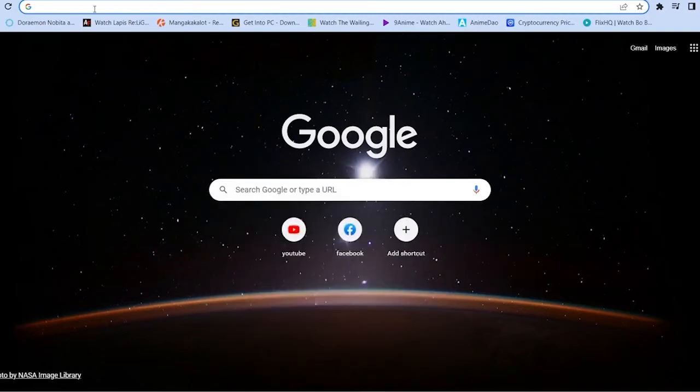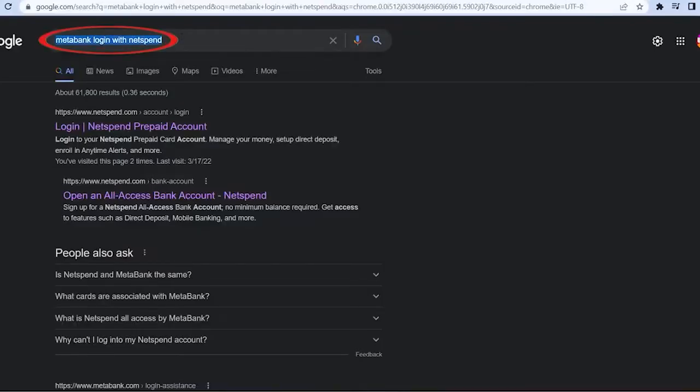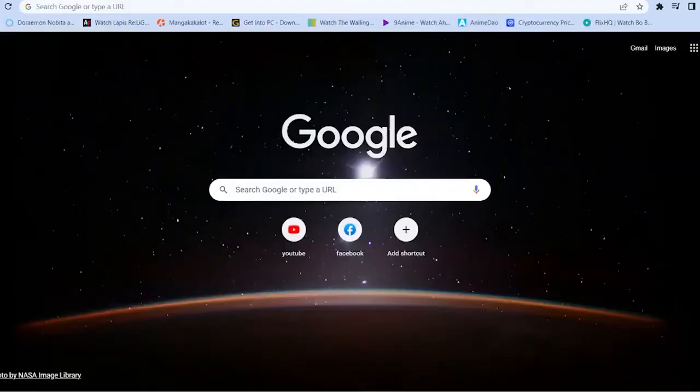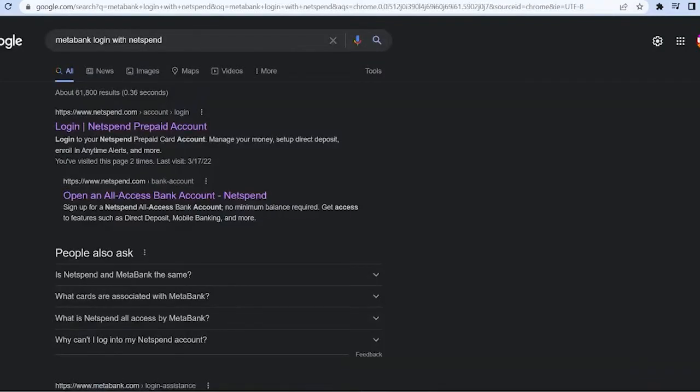Let's move on. So the first step is you want to search for Metabank login with Netspend. Make sure you click on this, because if you go to the ordinary login page, you have to log in to a Netspend account. If you want to log in to a Metabank account, then it's not going to work. So this is for the ordinary Netspend login. If you want to log in to Metabank using Netspend, click on the second option where it says Open an